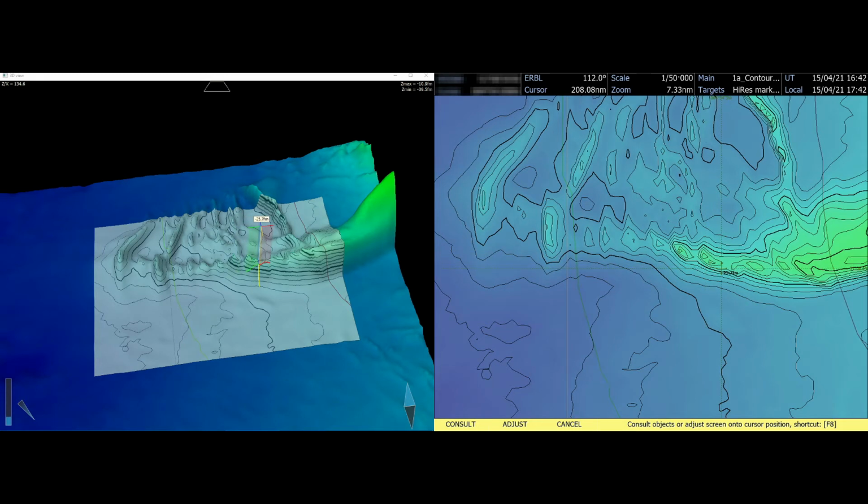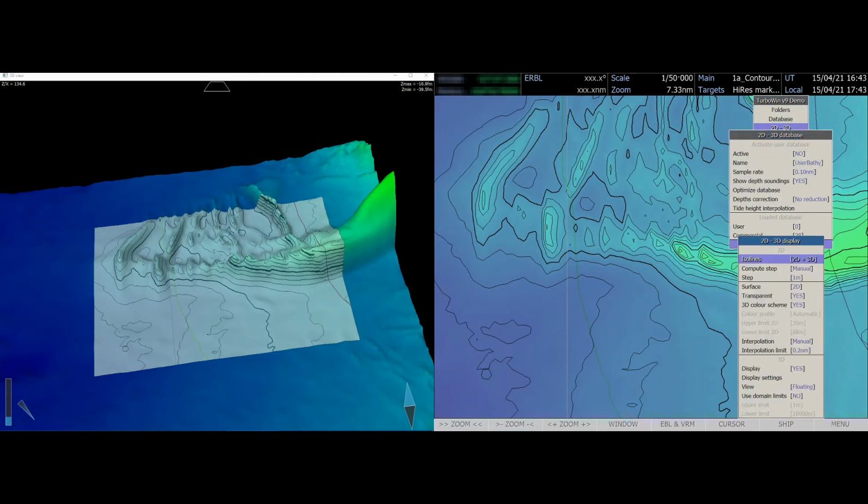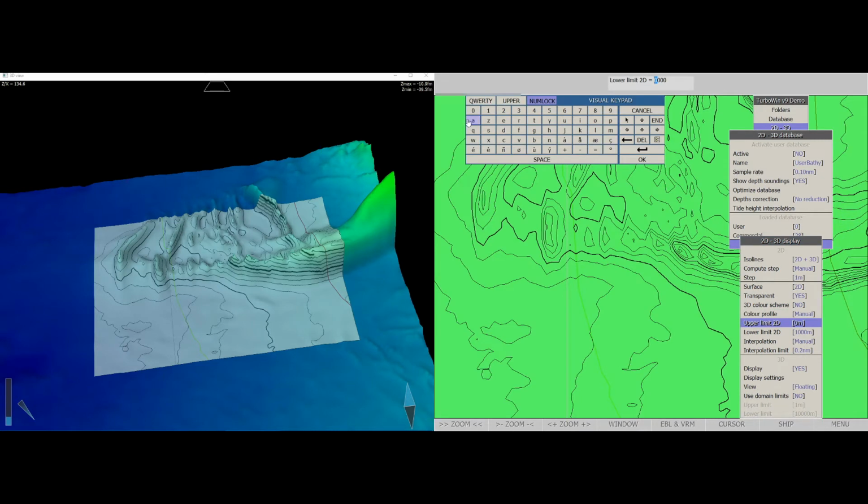So if, for example, you wanted to shoot a fleet of pots in a depth area of